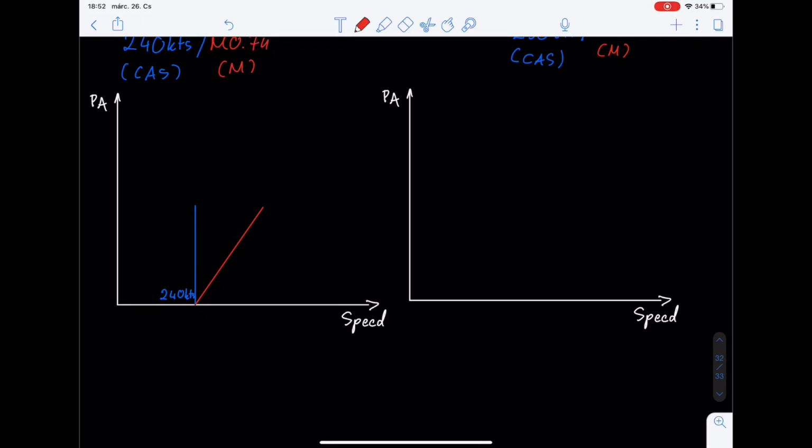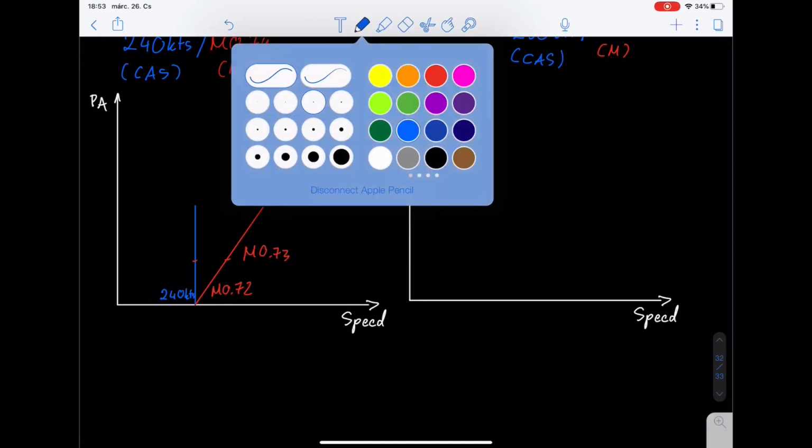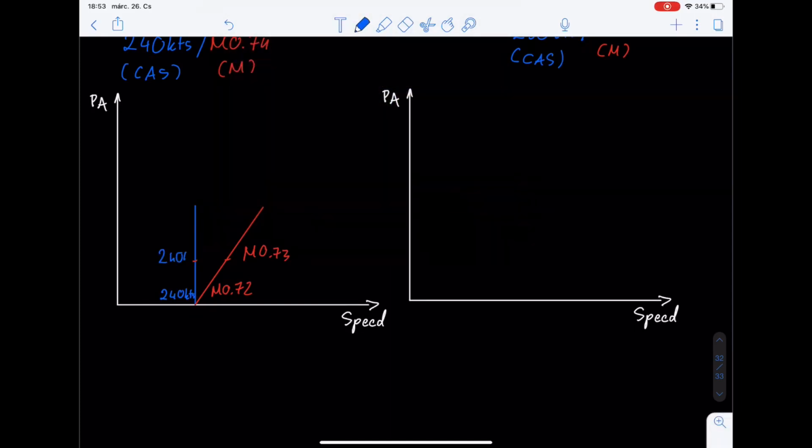The initial one would be 0.72, and I continue to climb, and at this point it would be 0.73. Sorry, I messed up. 0.73. And this one is still 240 knots, and at this point is still 240 knots, and